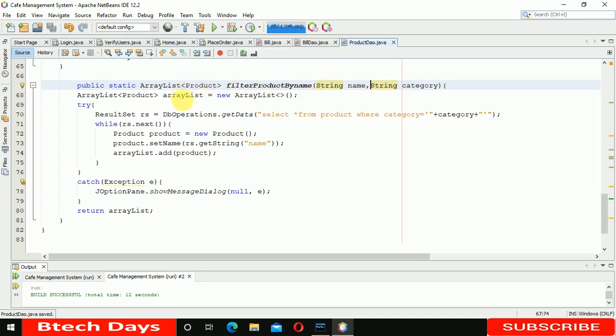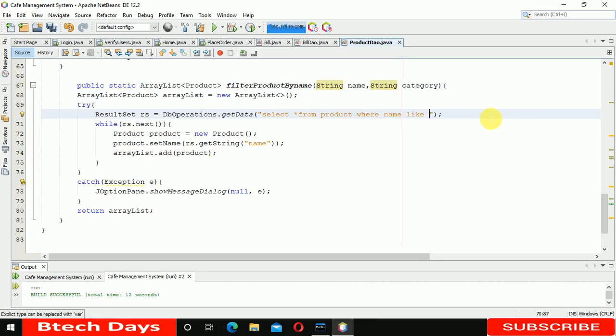Here we are going to leave this part as it is, and we are going to write select star from product where name like,